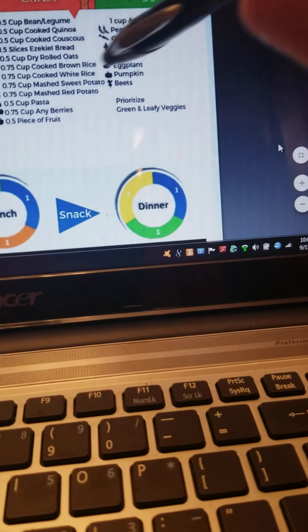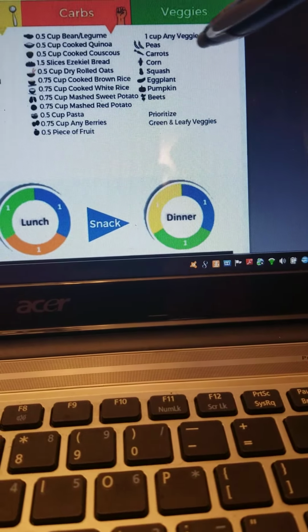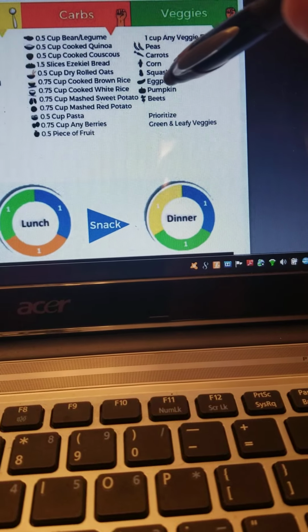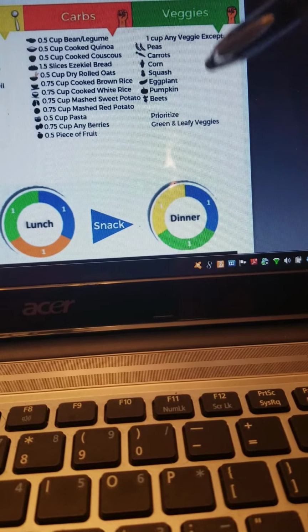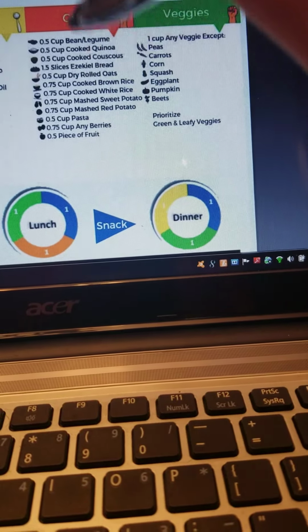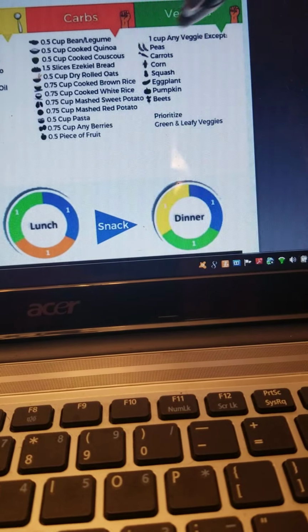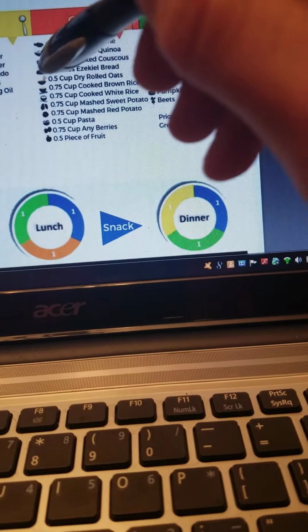Veggie, let's go to the veggie column. Bam. 1 cup of any veggie except peas, carrots, corn, squash, eggplant, pumpkin, beets. So during the challenge, we're not going to have starchy vegetables because they have more carbs in them. If you want to eat those, you're going to have to use those to replace a carbohydrate source. I would not recommend that you do that because if you have carbs, you get more food here, and then